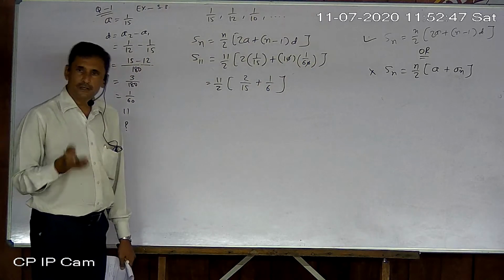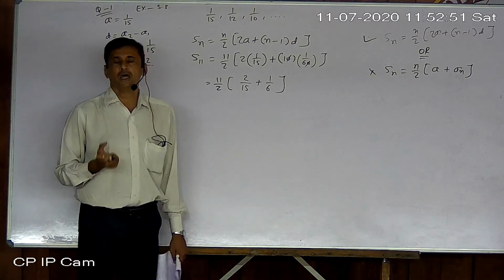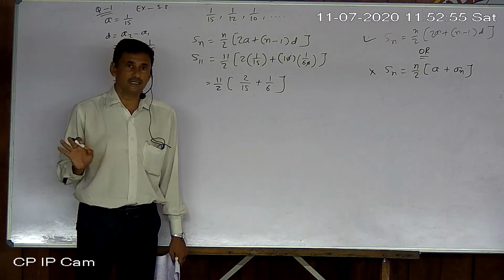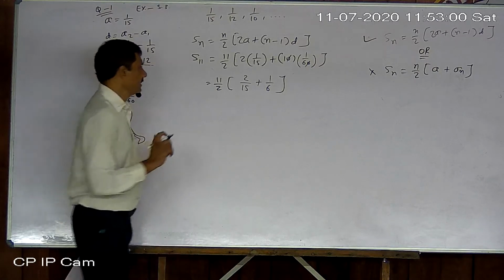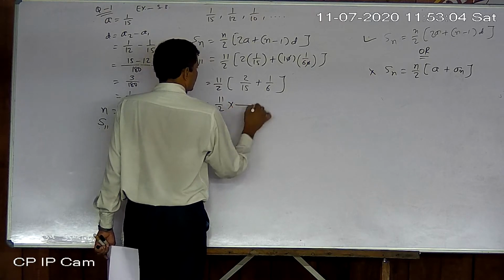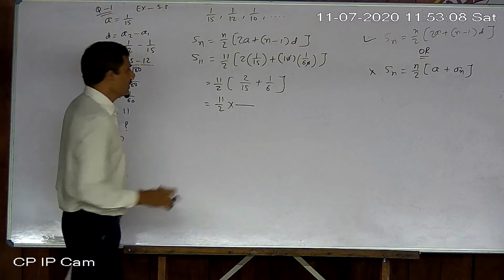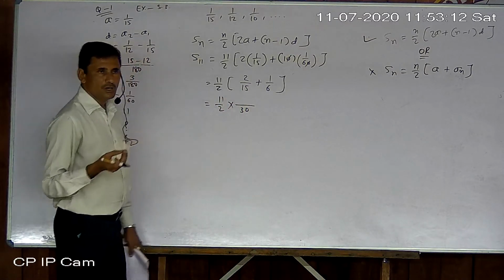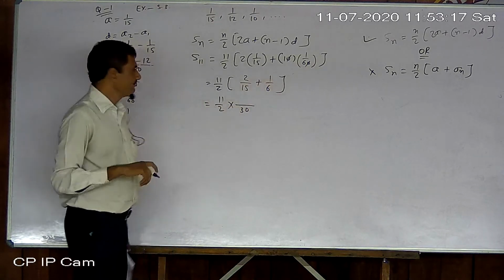Whenever there is an addition or subtraction of fractions, at that time we have to take the LCM. Without the LCM we cannot add or subtract fractions. So now you just take the LCM here, otherwise cross multiply. I know the LCM is 30. If you are not good at taking the LCM, just multiply crosswise by 30.